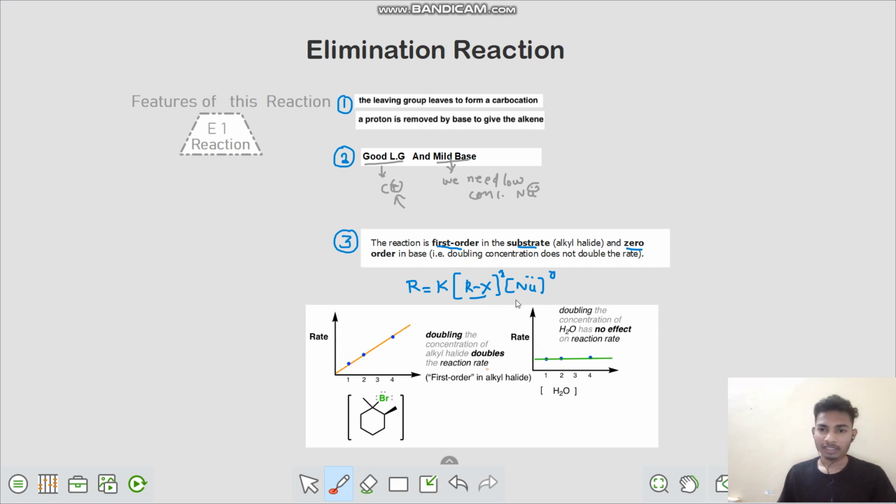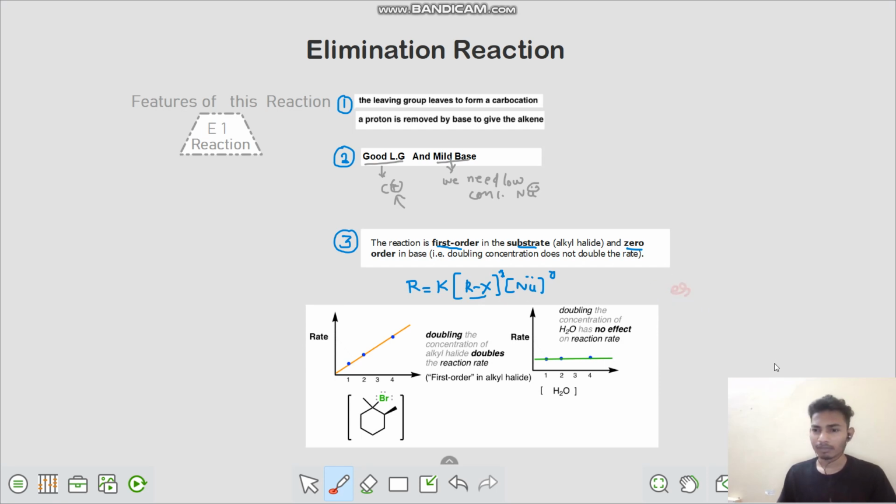And on increasing the nucleophile concentration, on doubling the concentration of the nucleophile or a base, as water in soluble इसके लिए दिया हुआ है, no effect on the rate of the reaction. हम ऐसा पाते हैं कि इसमें कोई भी चेंज नहीं आता है। सो वी कैन से दैट आर एक्स का जो ऑर्डर होगा वो वन होगा और न्यूक्लियोफाइल का जो ऑर्डर होगा वो जीरो होगा। तो ये फर्स्ट ऑर्डर काइनेमेटिक्स को शो करती है, ठीक है।